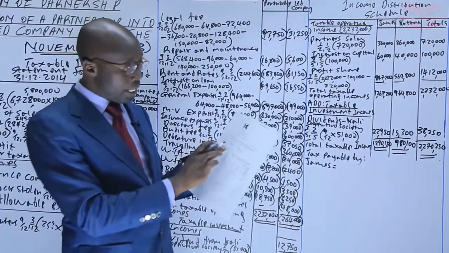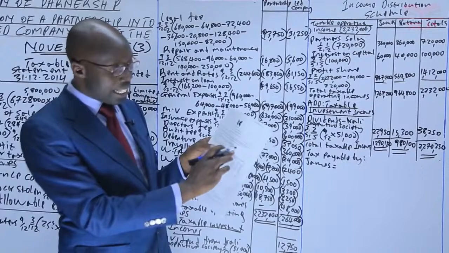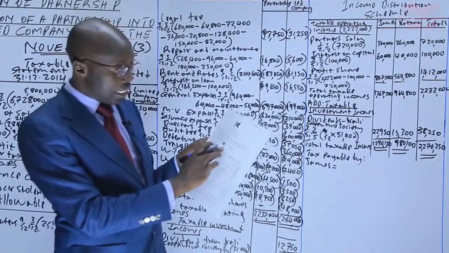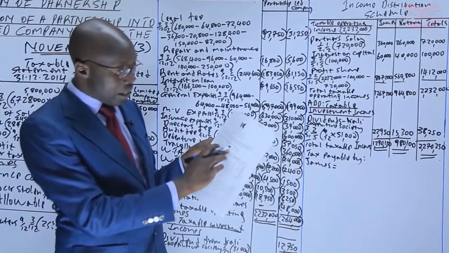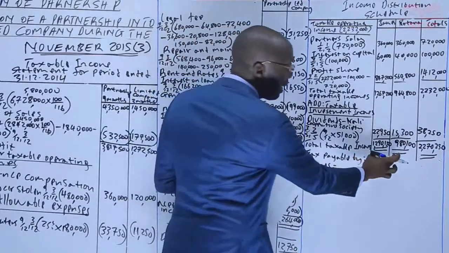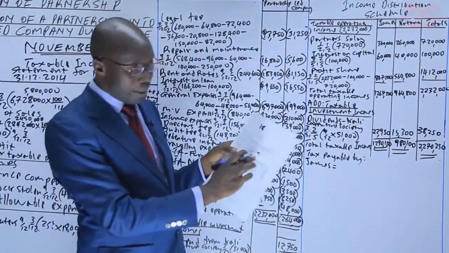In the annual taxable pay, it says between 1 shilling to 288,000, you tax at the rate of 10%. And then between 288,001 to 388,000, the rate is 25%. And then excess over 388,000, you tax at the rate of 30%. Now, for James, we can see the income is above 388,000. So we'll go up to the rate of 30%.